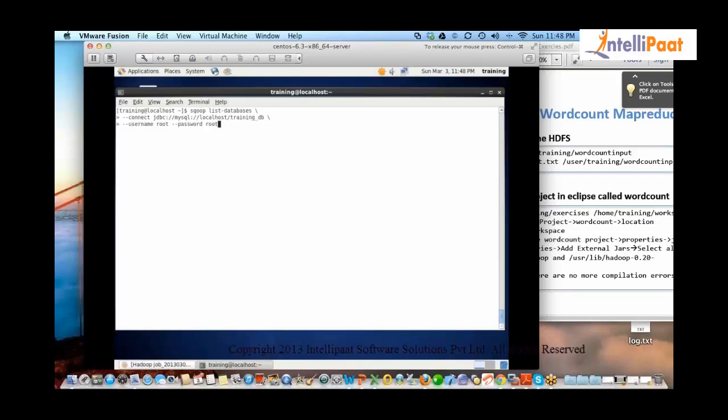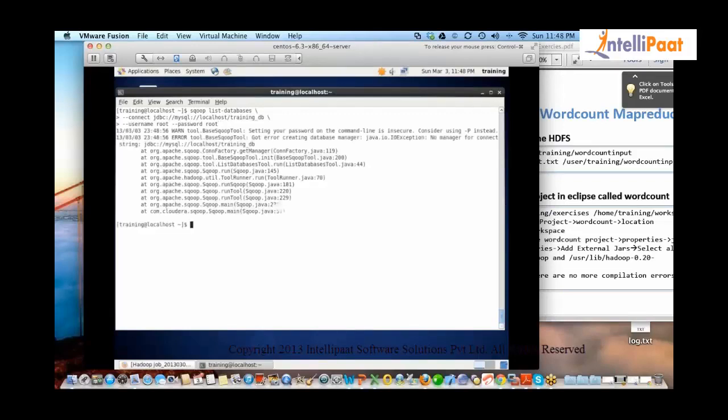You're connecting to the database. What command am I running? We are connecting through JDBC. What command am I issuing on the database? I am trying to view the list of databases. Got it? But why do you need to give the username and password as a root user? We have to, for MySQL we need the username and password. It is just that we connect it that way, but you can always create your own user.